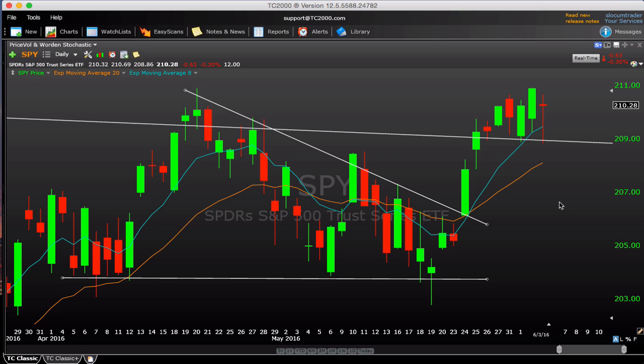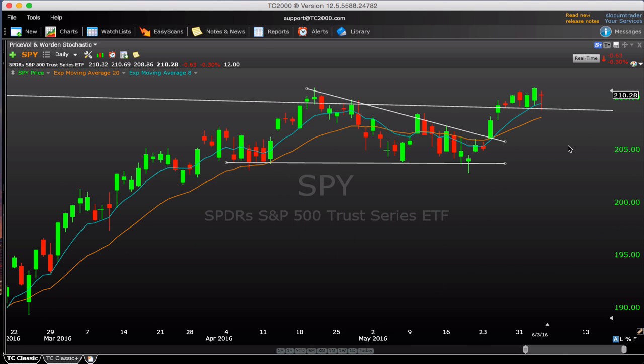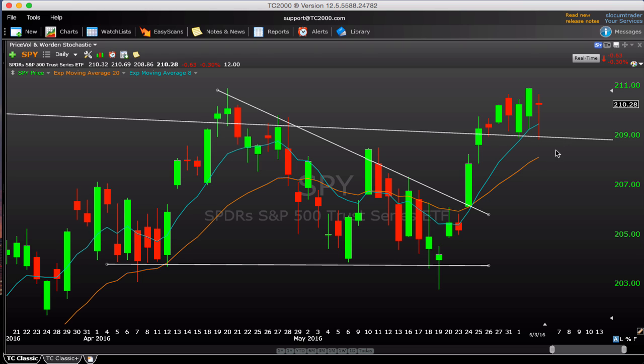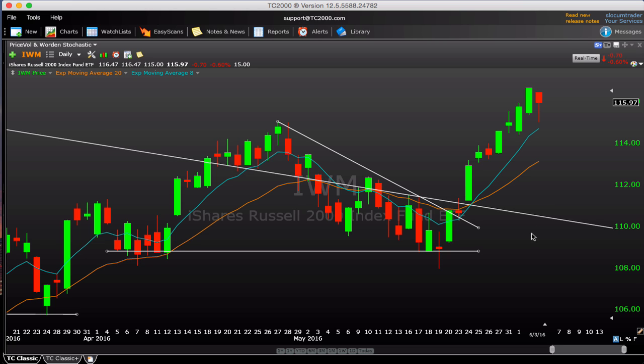So nothing really wrong. I'm still bullish here, but again, I think we lost some of that pent-up momentum that I was more excited about coming into this week. So just keep that in mind. I think the range here is pretty clear, 209 to 210.50, 211. If we start to break the highs from this week, then all of a sudden that momentum can return. The squeeze can kind of ensue from that point. So that's sort of my read. Again, still 8 and 20 moving averages here, very bullishly aligned, and those are the levels I'd be watching into next week.